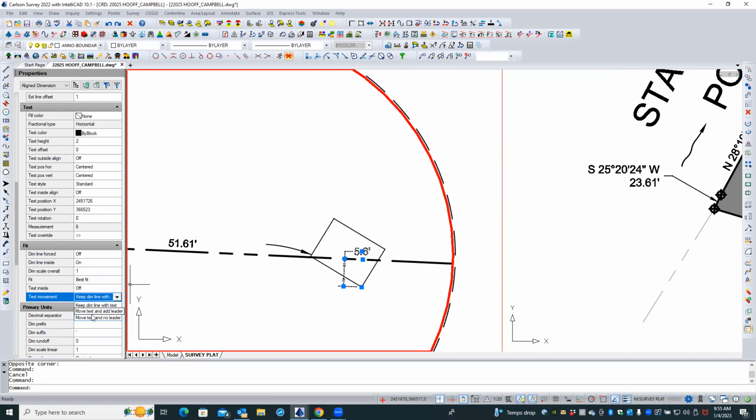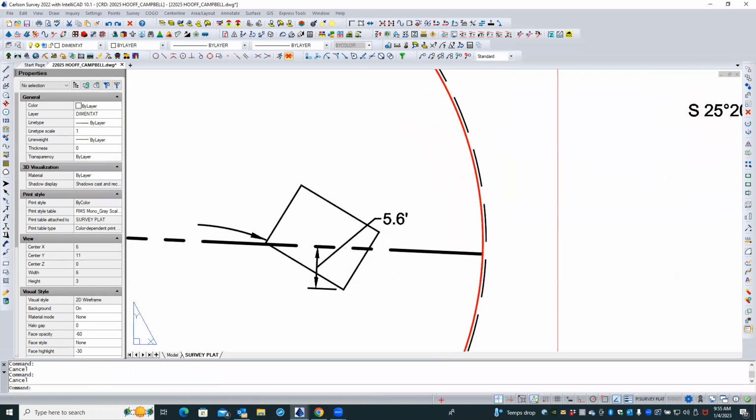Let's move the text and add a leader. So you can do, you know, okay, so